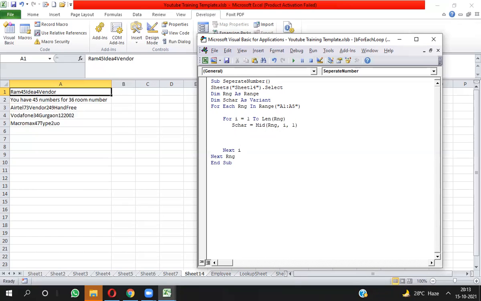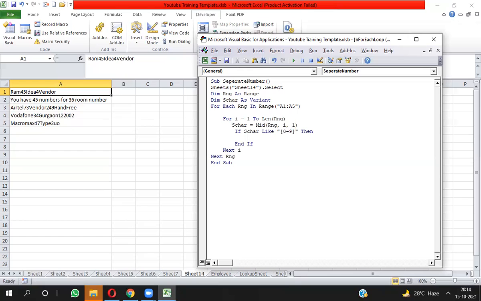Then I have to write If sChar Like, in double quotes, and in brackets I have to take 0 to 9, then End If.